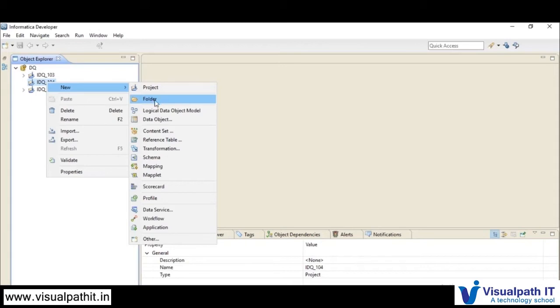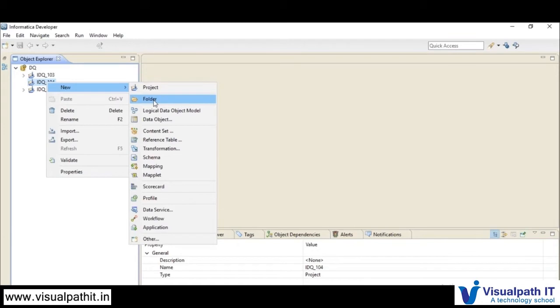This will be used for subject area, subject specific work. Let's say you are working on customer objects and product objects, and you are working on orders objects. If you are implementing data quality rules subject area wise, then you will go for a folder.